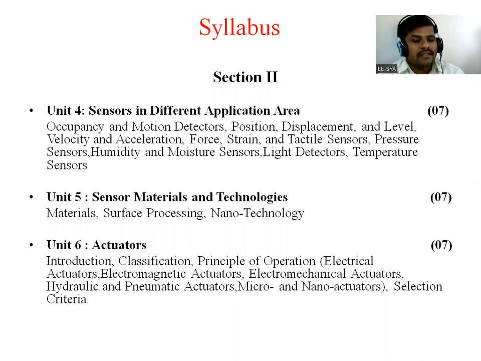Electrical actuator is there. Electromagnetic type of actuator is there. Then electromechanical type of actuator is there. Hydraulic and pneumatic type of actuator. Again, the micro and nano actuator, micro type and nano type of actuator. Then selection criteria. Okay, what are the selection criteria to select some type of actuator? So this is related to